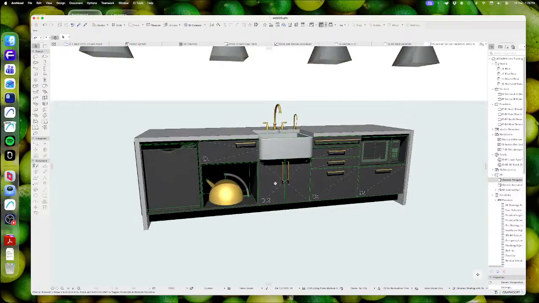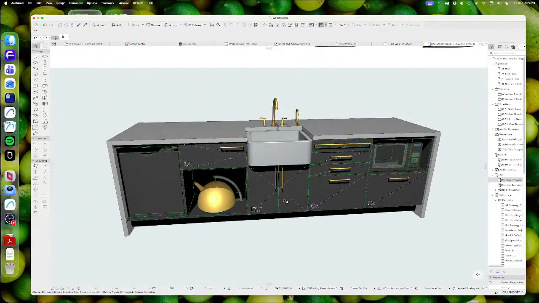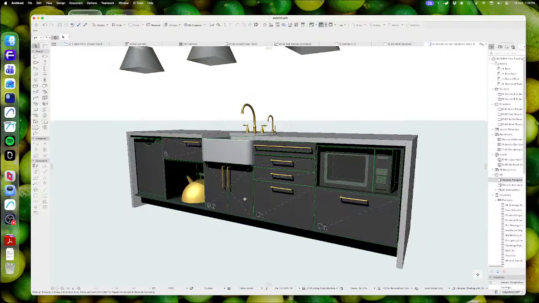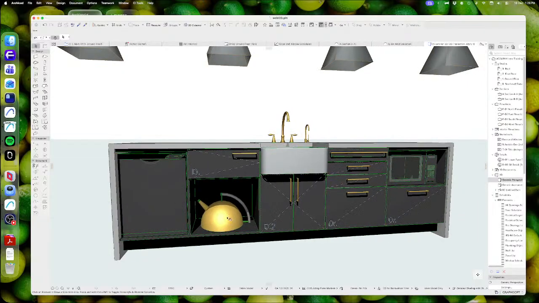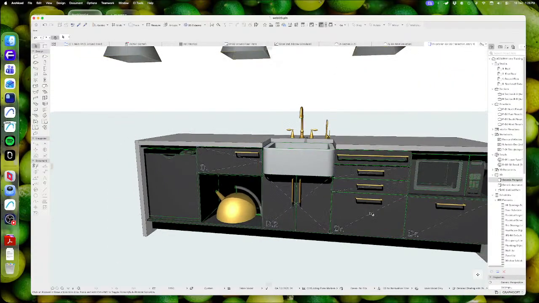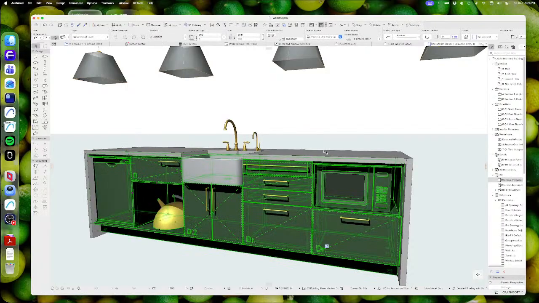So you can use this for basically anything that you want to put inside your cabinet, and it just means that you can easily populate the cabinet with these instead of having to place a 3D object down here and then get it to the right elevation and move it back and forth. And then if you move the cabinet, you have to move the object that's inside it and all of that sort of business. This just makes it much easier to do that. So I've done the same with the microwave over here as well. It's just a custom space filler object also that has been placed there. So that is working with the space filler